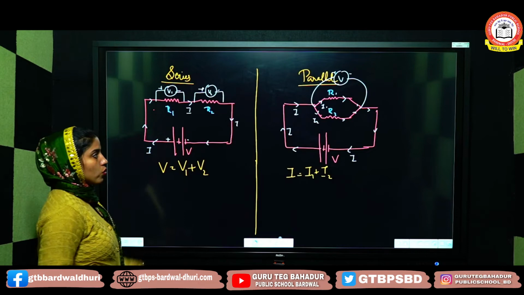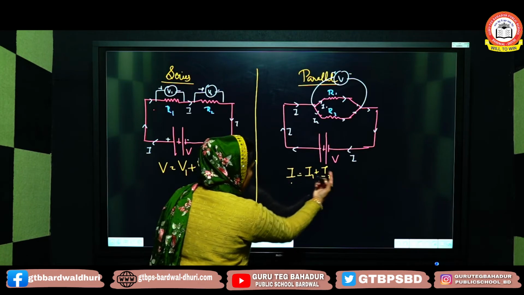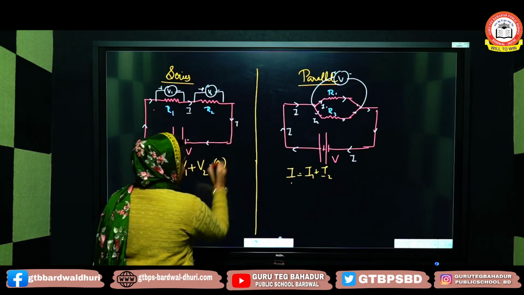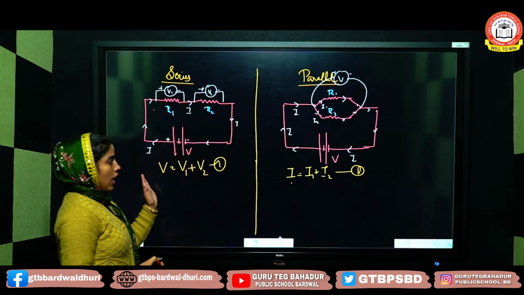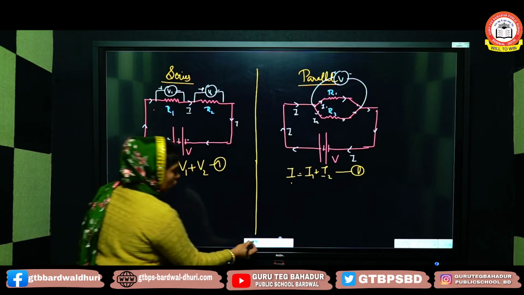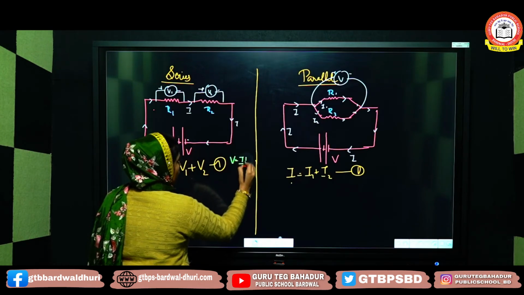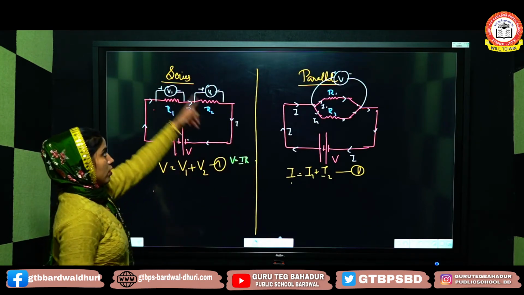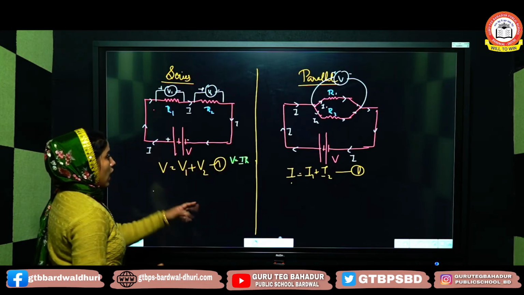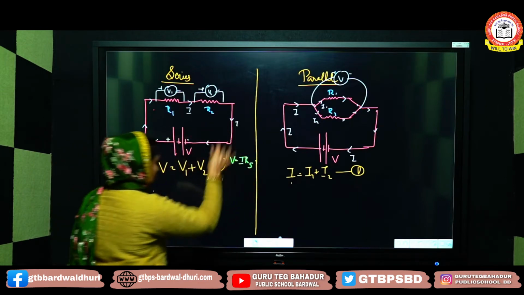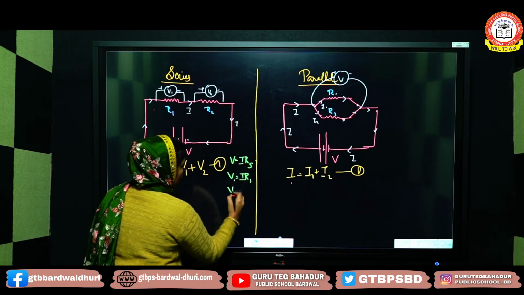Now what we can do is use Ohm's law. Here we need the values of V, V1 and V2. Here we need the values of I, I1 and I2. I am considering these equations as 1. Here also I am considering this equation as 1. So now I'll find the values of V, V1 and V2, so I'll apply Ohm's law. V is equal to IR. We know this. V is the potential difference of the source, I is the current flowing in the whole circuit, and R, let it be the resistance of the whole circuit. V1 will be equal to IR1 and V2 will be equal to IR2.